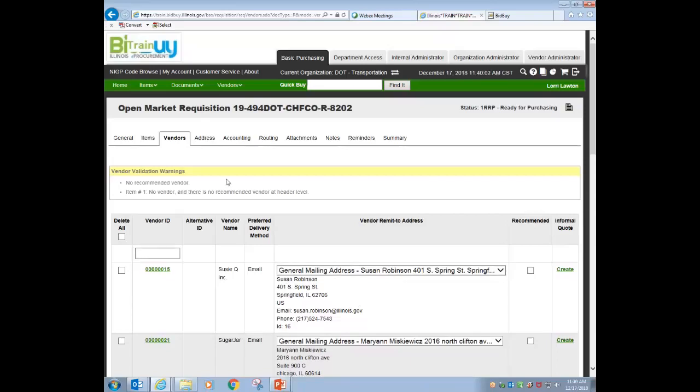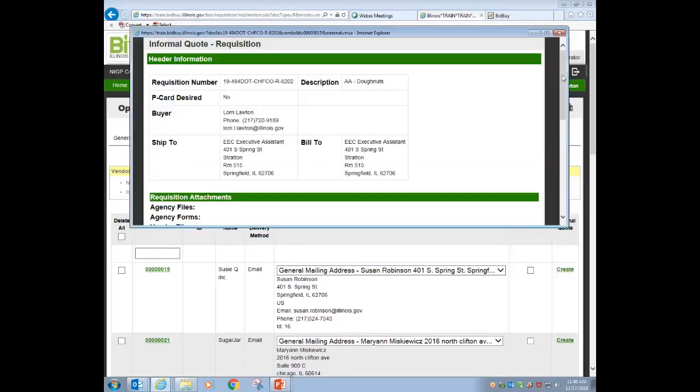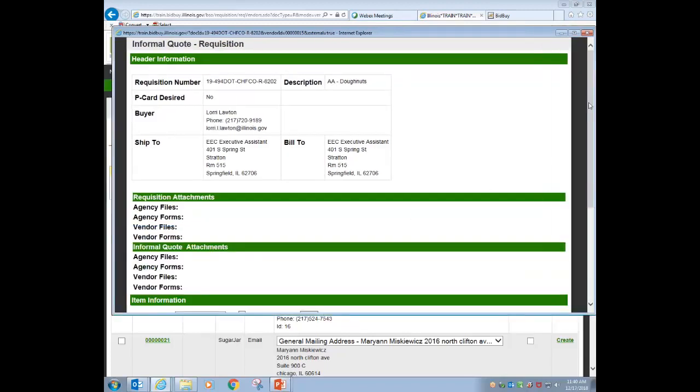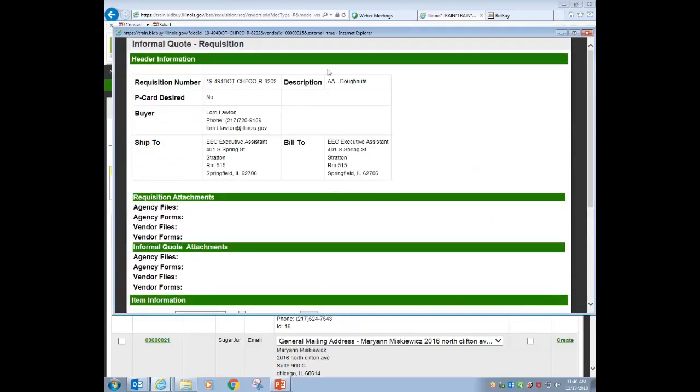So in this particular case, let's say I did get an email quote. I'm going to come in and create, on behalf of the state, a quote for this particular vendor. The process that we're going to go through here to create this quote on this small purchase is the same exact thing that a vendor is going to see. And on an informal quote, it's extremely easy. So I've got an informal quote, and I look up here, and I say, here's the buyer, here's the ship to, here's the bill to, and